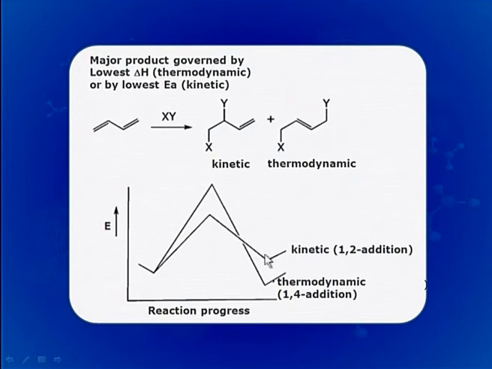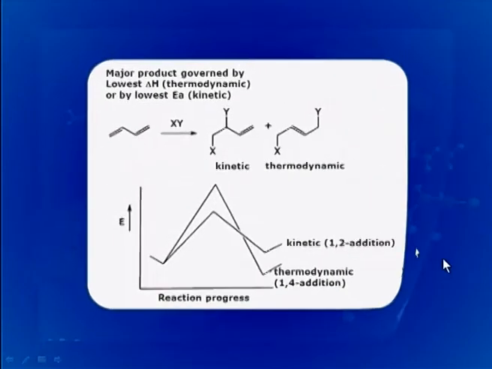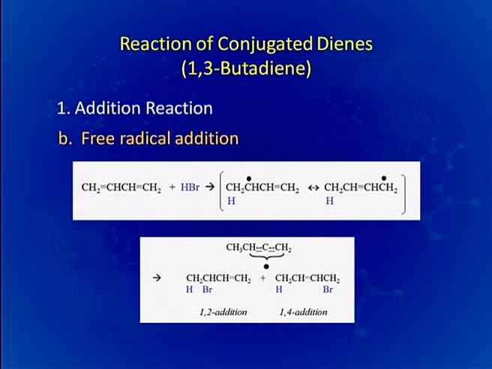So, at a higher temperature what happens? Rate of formation of this kinetic product is increased, but at the same time rate of decomposition of this kinetic product is also increased. So, it will revert back to this allylic carbocation and here it will get the extra energy of activation required to cross this barrier and then it will be finally converted to the much more stable thermodynamic 1,4 addition product. In another type of addition reaction which is from the free radical addition mechanism, we can see again HBr is being added to the 1,3-butadiene.